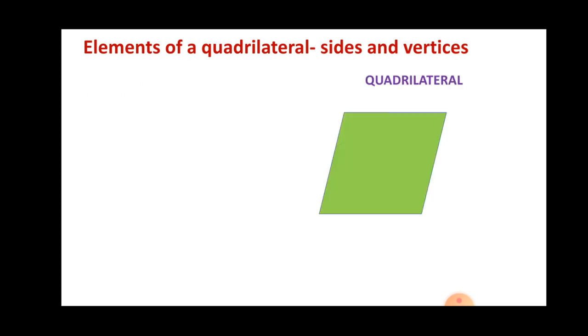As we say, this is a quadrilateral which is made of 4 sides, so it has 4 vertices, that are vertex A, vertex B, vertex C and vertex D. So children, here are the 4 vertices of a quadrilateral ABCD. It is vertex A, here the vertex B, vertex C and vertex D.